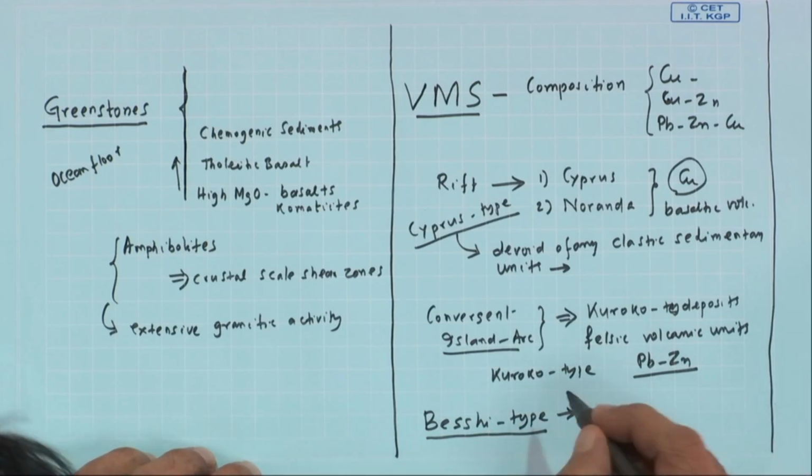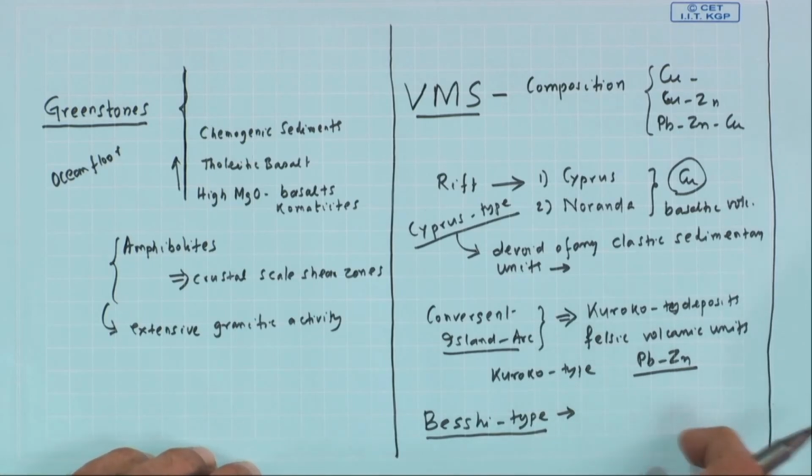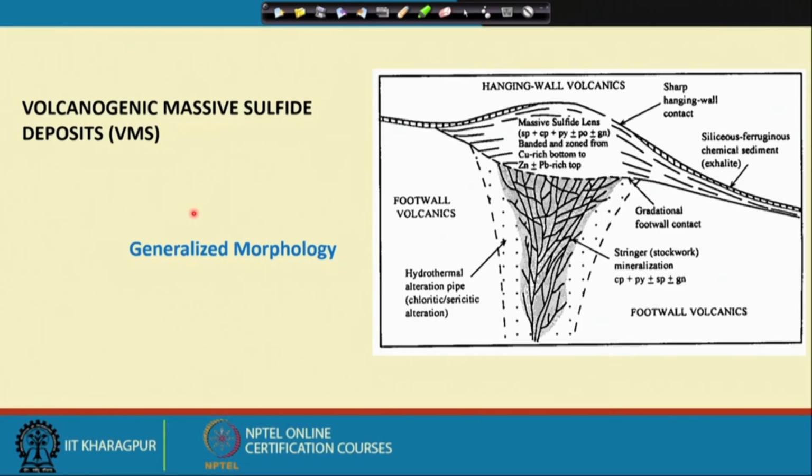So, they are the Bessie type. So, we will go into the discussion of these deposits with a schematic diagram, which is very commonly visualized, and this is a kind of generalized morphology, because if we have to understand the ore forming process,